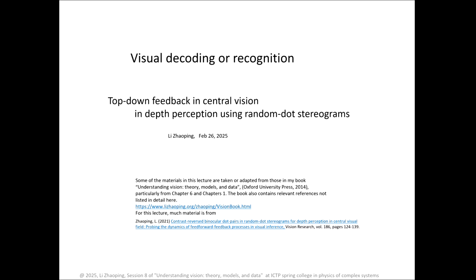In depth perception, using random dot stereograms, top-down feedback is imagination, a lot of it. Let's remind ourselves that we can make a random dot stereogram depicting a disk in front of a ring. This is by having a disparity between binocularly matched dots for the disk, so that this disparity signals a near depth surface in front of the ring.